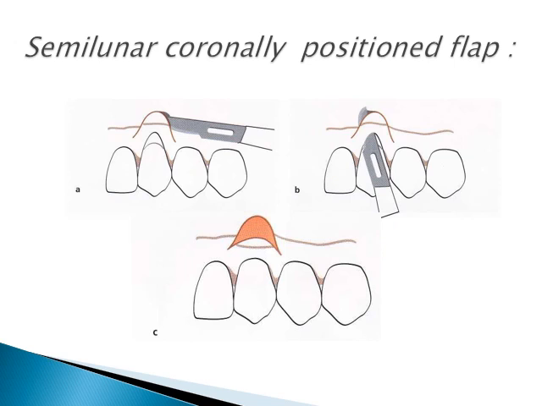Semilunar coronally positioned flap. We make a semilunar incision following the curvature of the recessed gingival margin, and end 2 to 3 millimeters away from the tip of the interdental papillae to allow the blood supply to reach the flap. This is very important. Then we make a split thickness incision from the gingival sulcus to connect it with the sulcular incision. After finishing this incision, the tissue will collapse coronally to cover the recession,